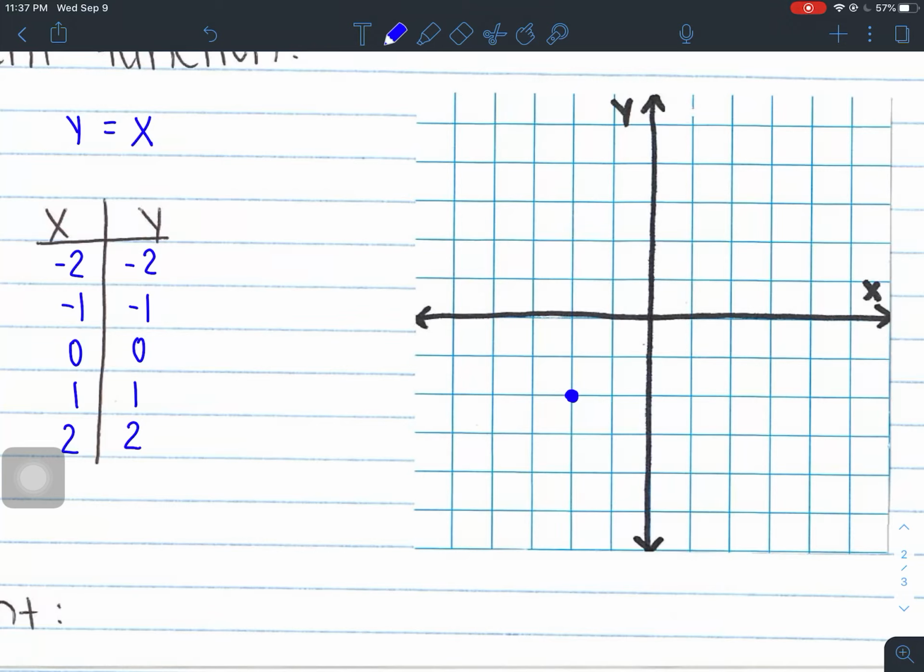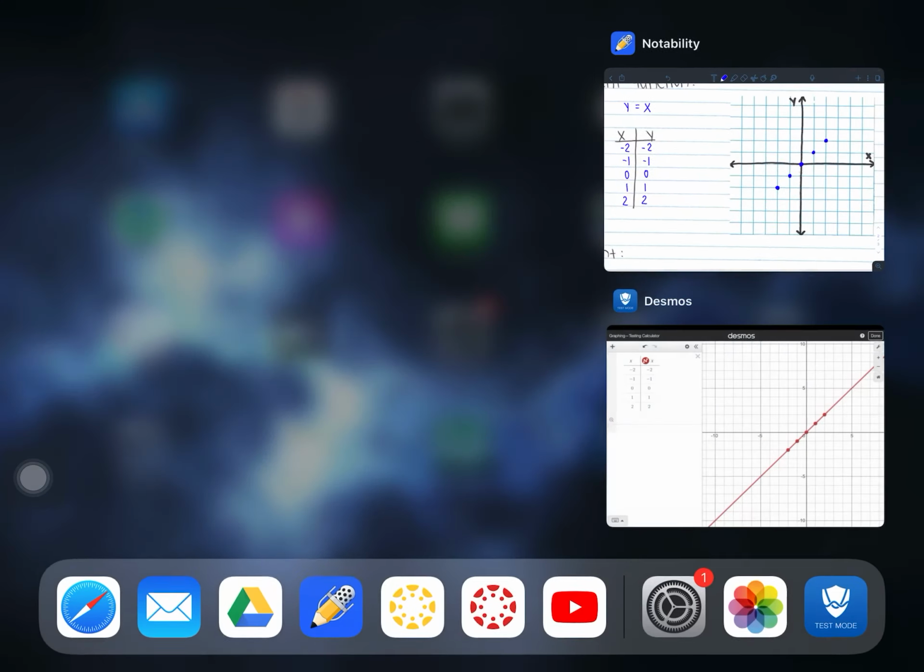The next one I have is -1, -1, so I would go left 1, down 1. 0, 0, which would be at the origin. I would have +1, so right 1, up 1 for 1, 1. And then I have +2, +2, so I'm going to right 2, up 2. Now, here's something that they don't really tell you, and I'm going to tell you because it's harder to understand